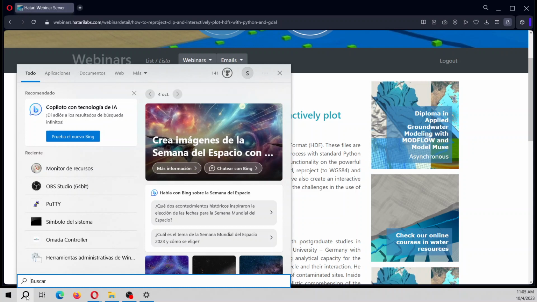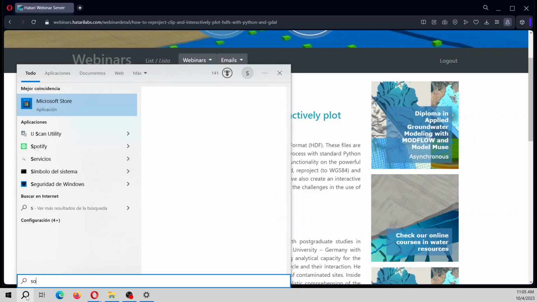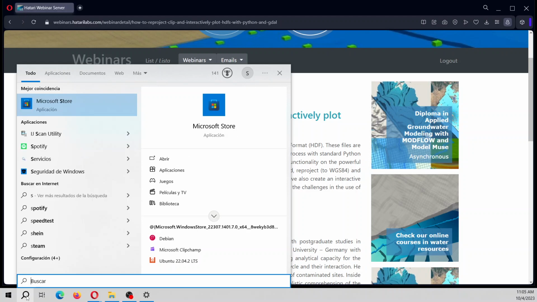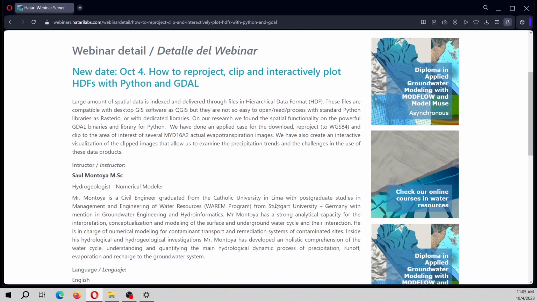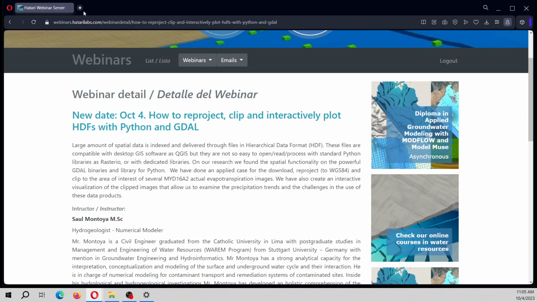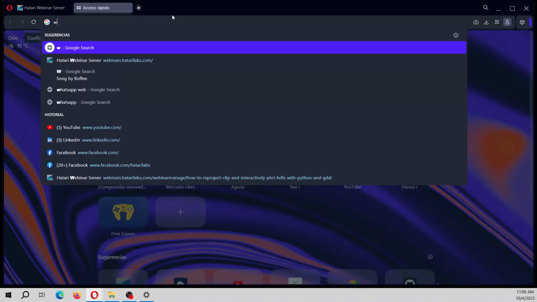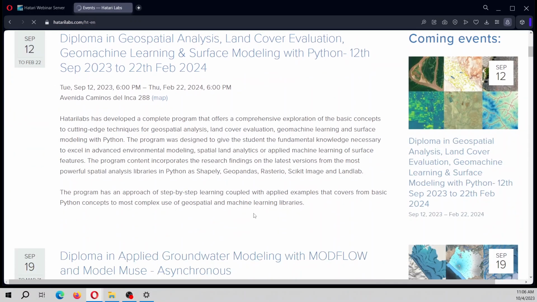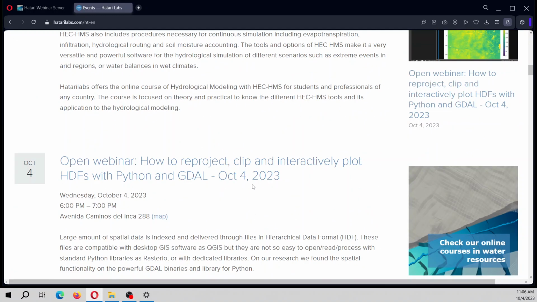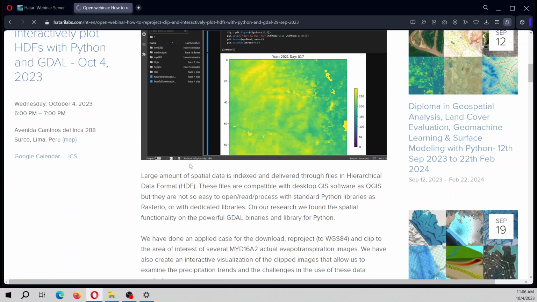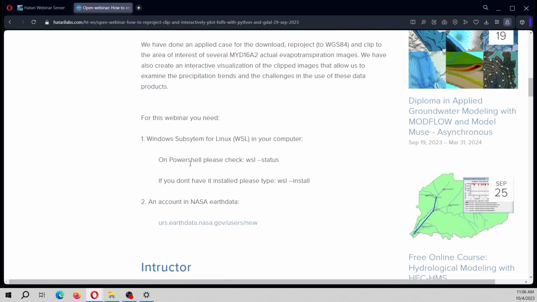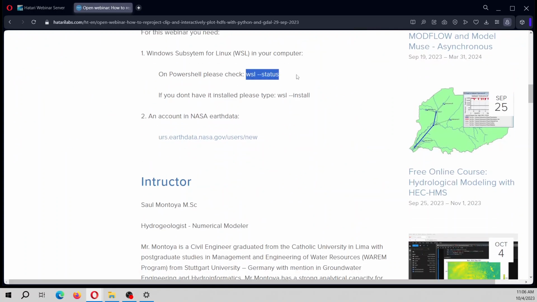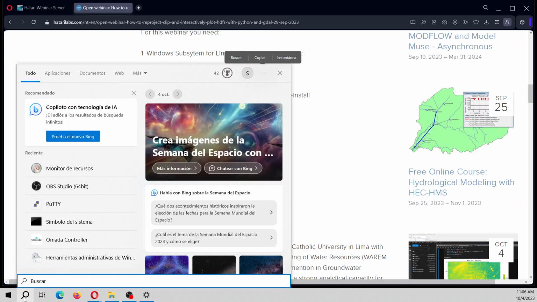Okay, so please go to your store. There were some instructions here, so the instructions are already here in the Hatari Labs. We need to see if we have the Windows Subsystem for Linux installed. Unfortunately, for the people that do not have that installed, so